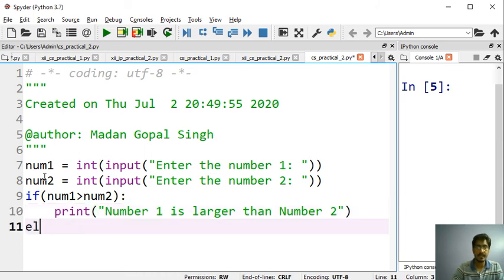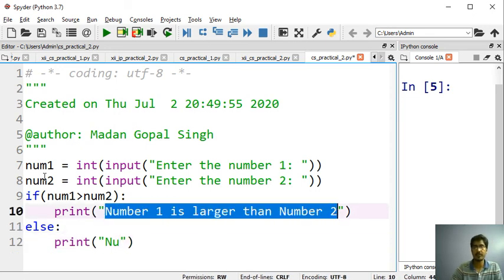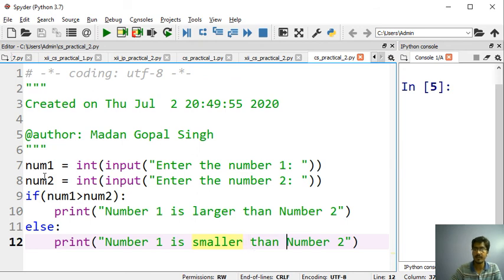Otherwise, the else statement: print number 1 is smaller than number 2. If number 1 is not greater than number 2, that means it is smaller or equal. Equal might be the case, but we are not covering it here for now. So this is the program.